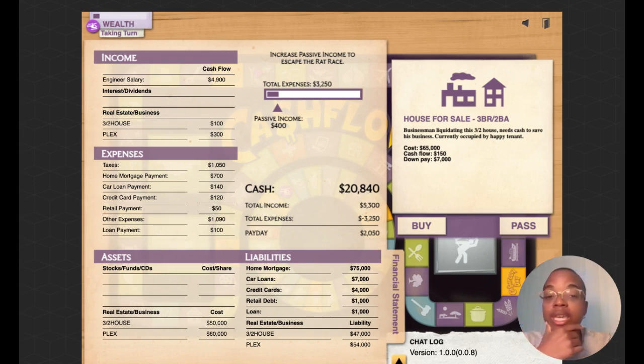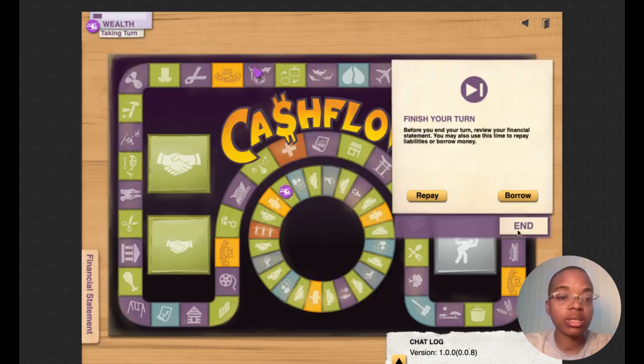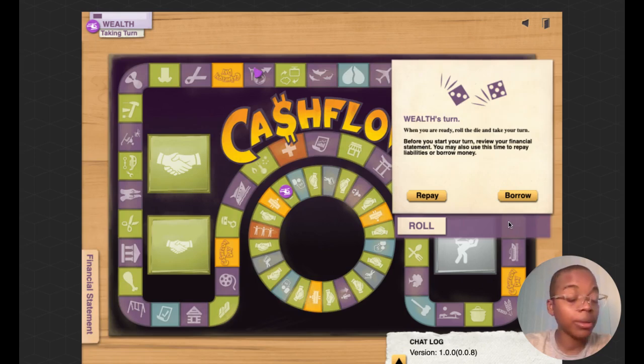Just because I have the cash on hand, and I do usually like 3-bedroom, 2 baths, I do feel like this one is a bit high on the down payment. But I'm going to go ahead and purchase this one just because I do feel like I have the cash on hand. It's pretty steady cash flow. So I'm going to buy this one. And there might be better deals out there, but I'm just going to buy it.